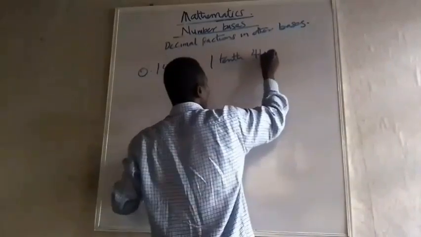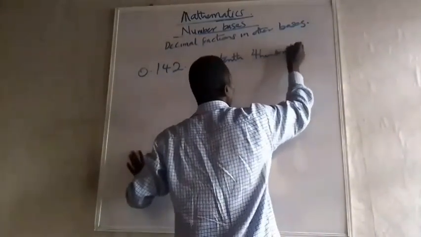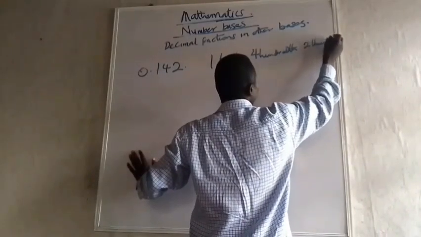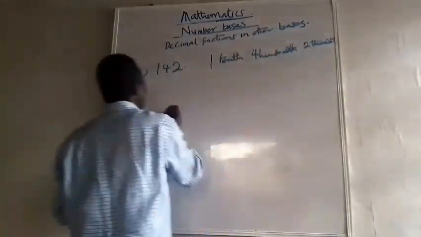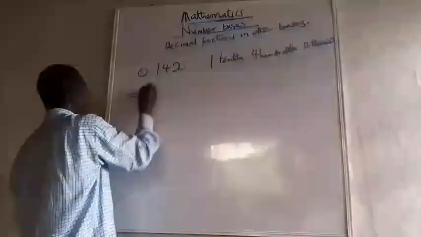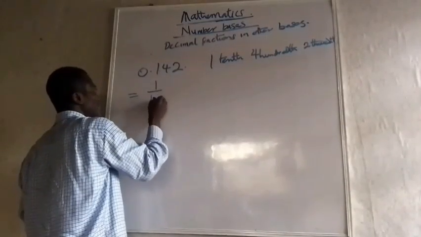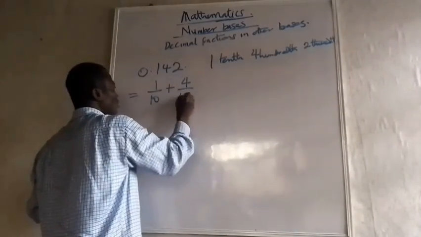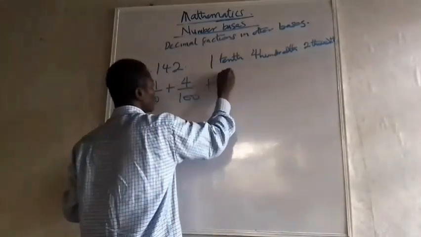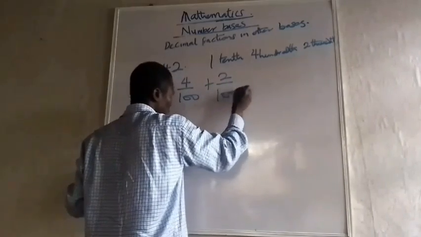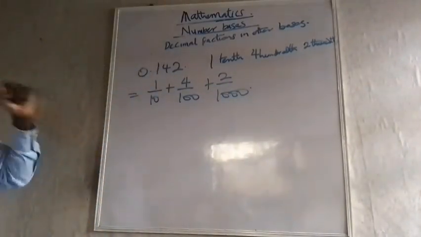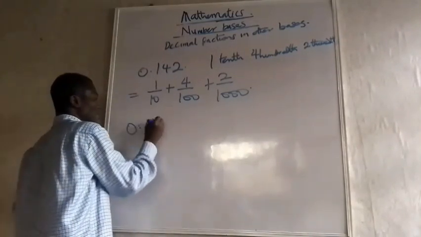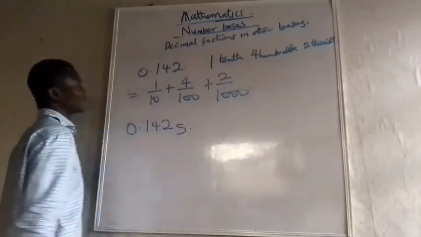1/100, and 2/1000. So, which implies 1/10 plus 4/100 plus 2/1000. You understand? So if we have something like this in base 5, let's say 0.142 in base 5, what it